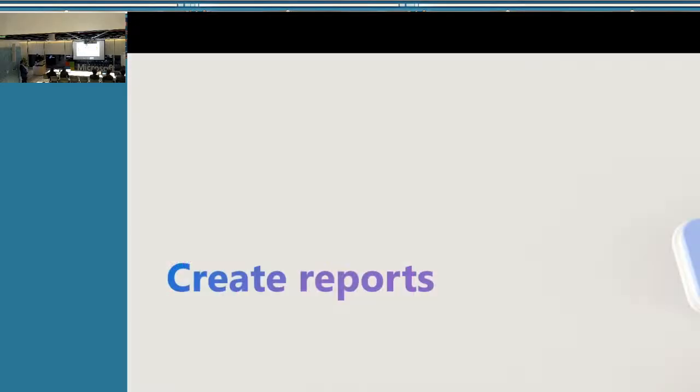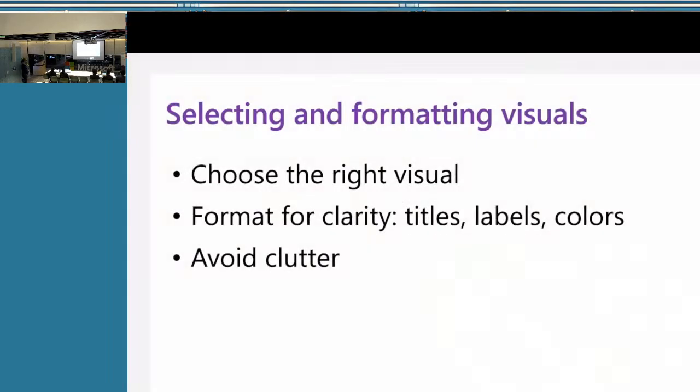When it comes to creating reports in Power BI, it's very important for you to choose the right visual, right? You have different types of visual examples: bar chart, pie chart, not my favorite one, line charts, and some custom visuals. So you have to think about what's the right visual. Is it better to show this in a tabular detailed format? Is it better to show this as just a KPI card? You really have to put some thought into it.